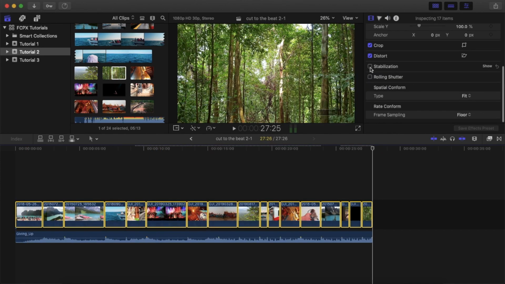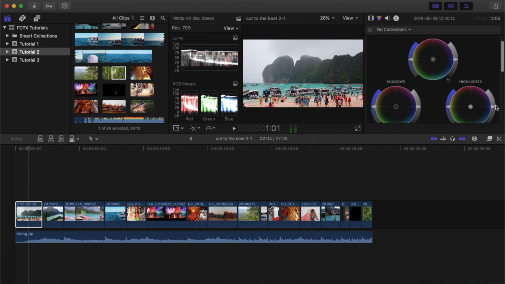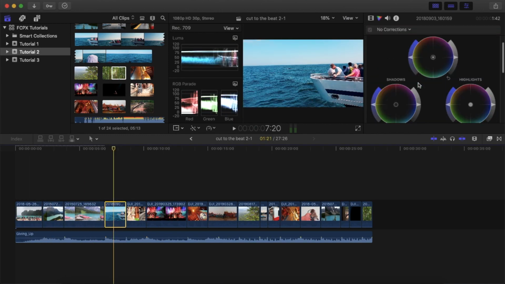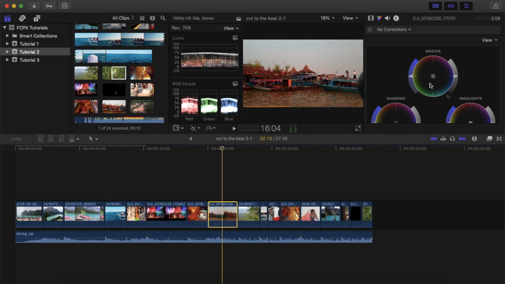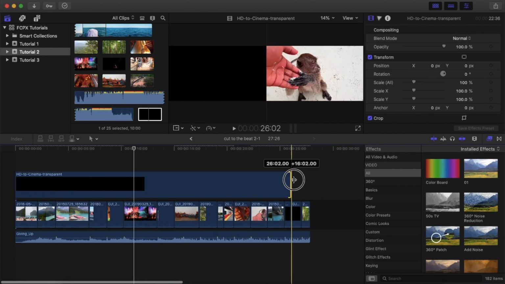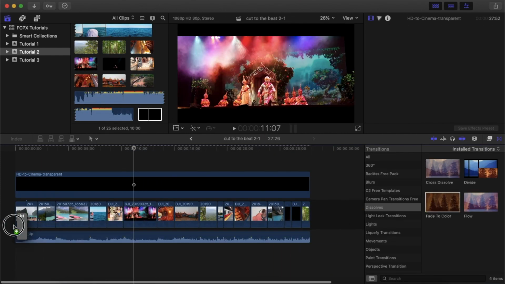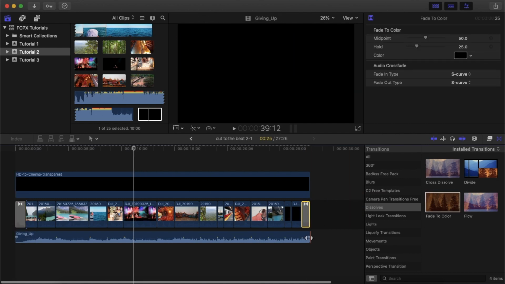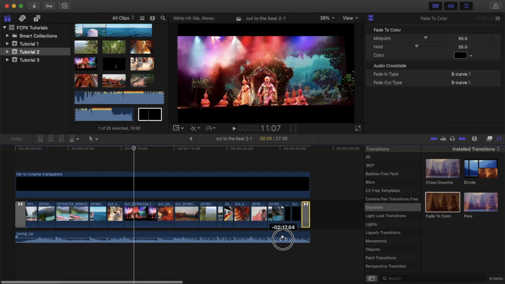Rest of the processes are optional, which I am doing, such as video stabilization, color correction, color grading, etc. You can also bring in the cinematic bar to give it a cinematic look. After adding color fading to the first and last clip and adding a fade out to the audio, this is the final result one more time.